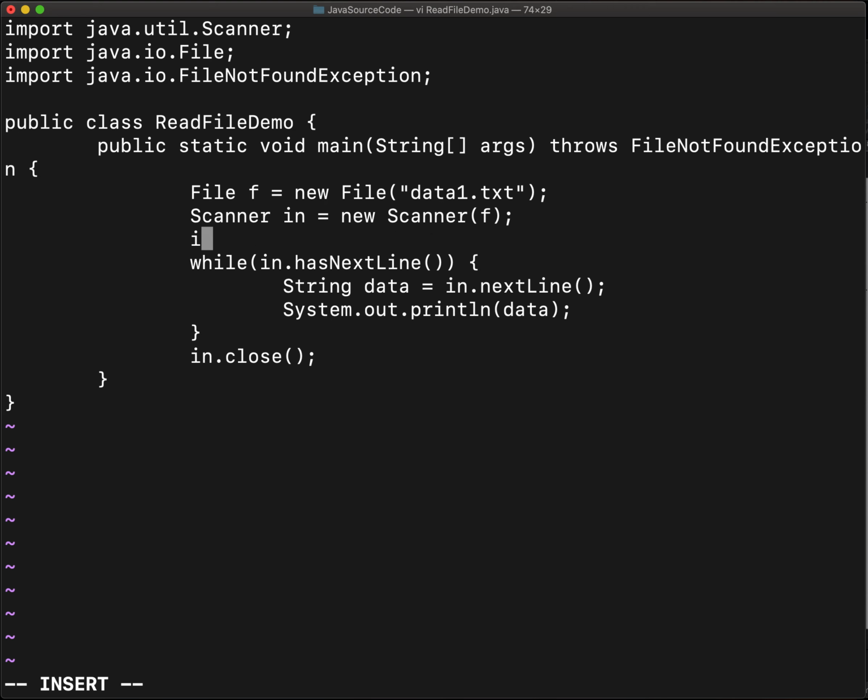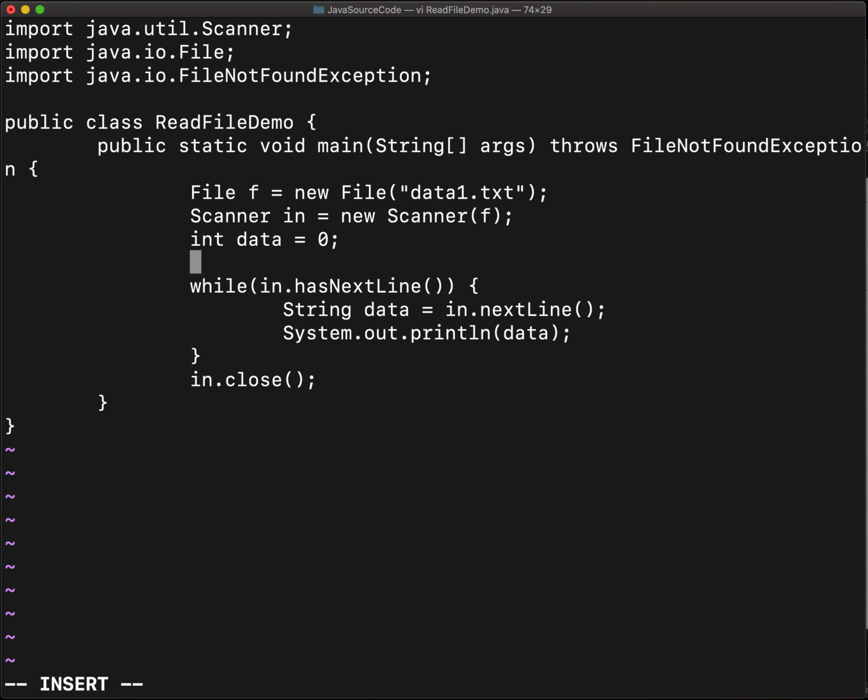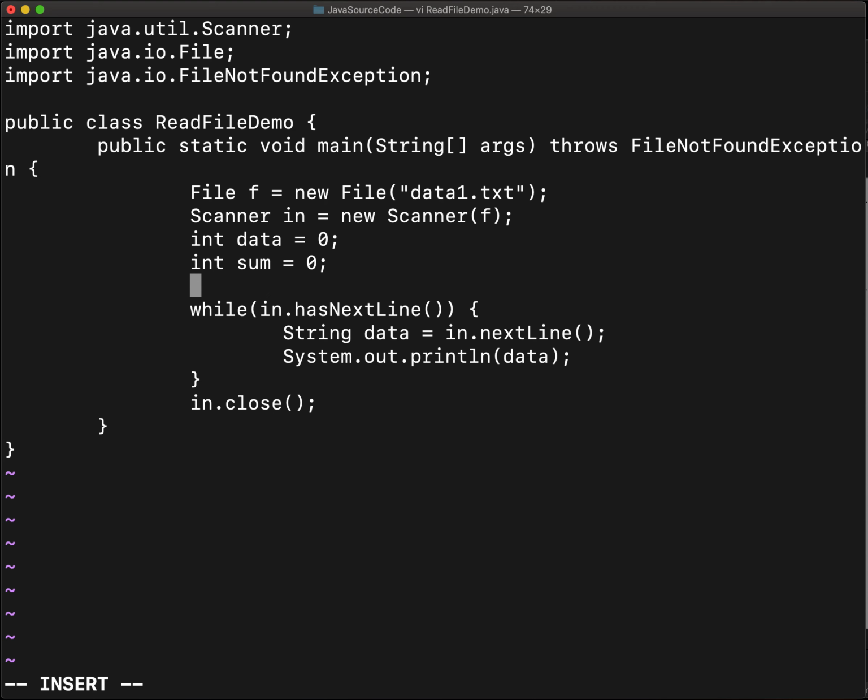Again, we will have the int, or if the data is double, just make it double. Okay, so I will make it int data. We can start with 0 or sum with 0 also. And in the case that you want to find the average, you have to know the line count that is n. So guys,